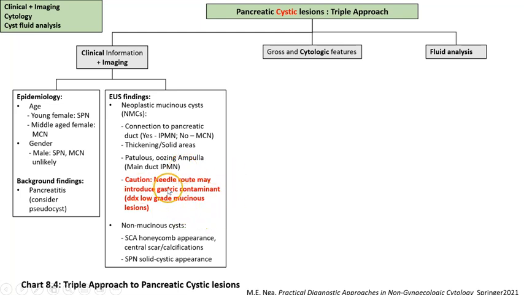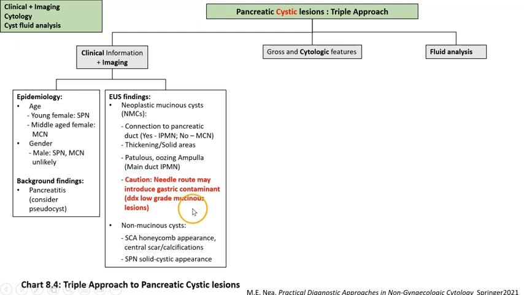A word of caution: the needle route is extremely important when looking at cystic lesions of the pancreas, especially if they are mucinous cystic lesions. If the needle passes through the stomach, gastric contaminant, the normal gastric mucosa, can potentially be mistaken for low-grade mucinous lesions. We may see well-differentiated mucinous epithelium as well as some background mucin. So it is important to take note of the needle route, and this is often correlated with the location of the cystic lesion. Usually, lesions in the body and tail of the pancreas are more likely to be accessed through